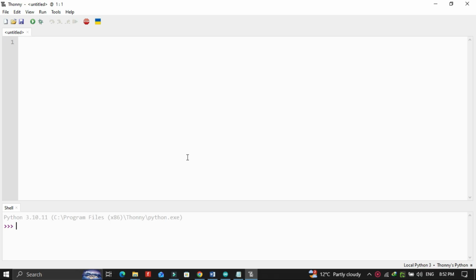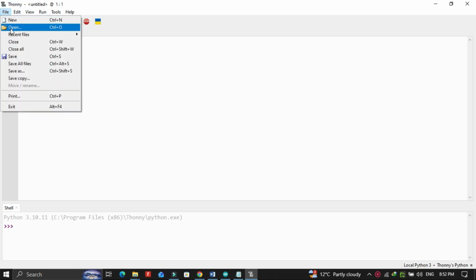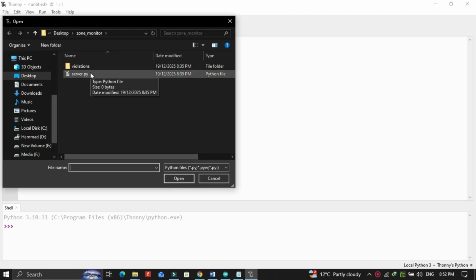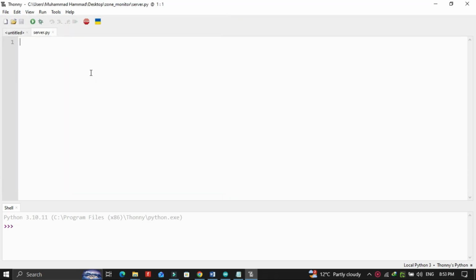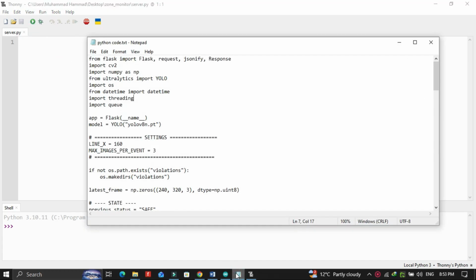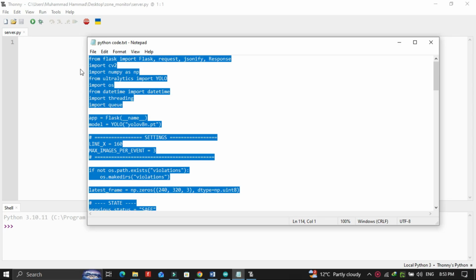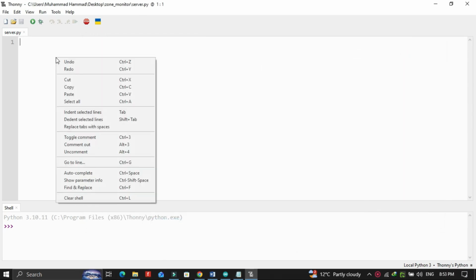Now we open the Thonny IDE and copy the Python code. Then paste it into the editor.